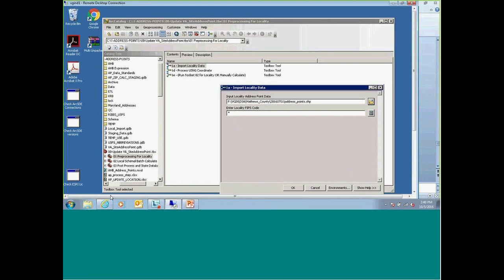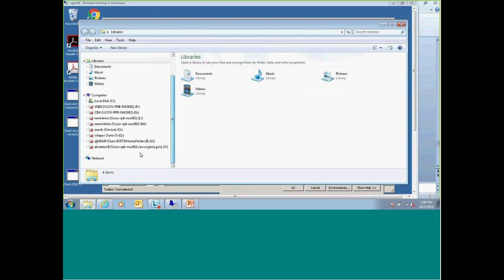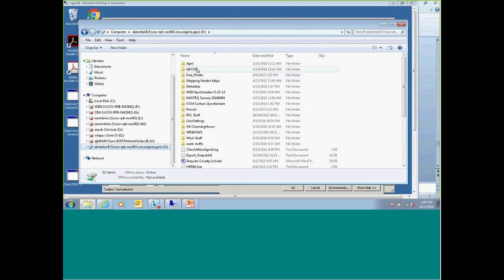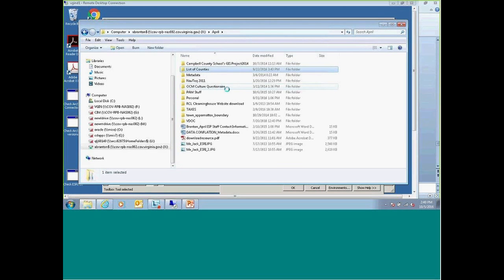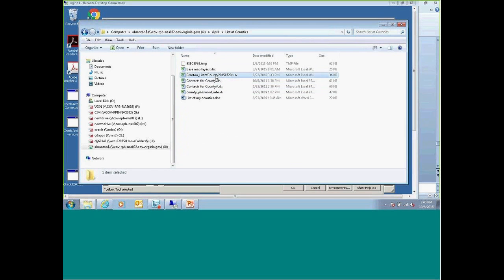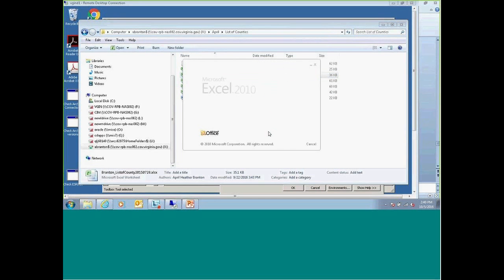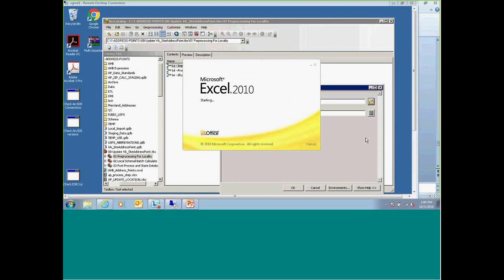Now with this, I usually have written down all of my zip codes, and we do it by zip codes, which is nice. Then I just have to remember which one it is.